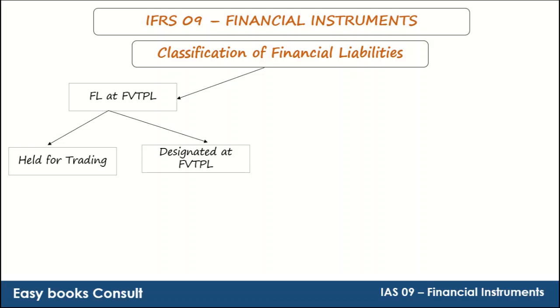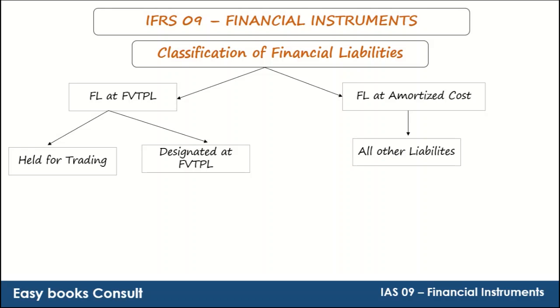So, like in the case of financial assets, there is this irrevocable choice to classify the asset at fair value through profit and loss. The second category of financial liabilities is financial liabilities at amortized cost, and all the other financial liabilities fall under these categories. Besides these two basic categories, IFRS 9 talks about three other categories of financial liabilities. More specifically,